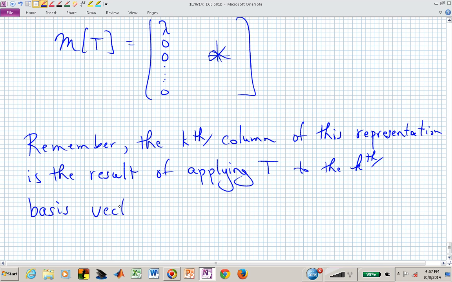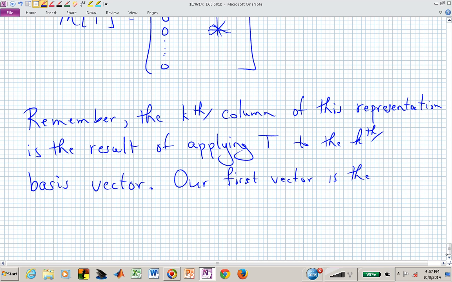And in our case, we were using little k to be the first vector. Our first vector was chosen to be the eigenvector. Our first vector is the eigenvector V,